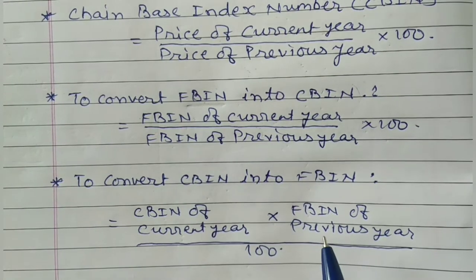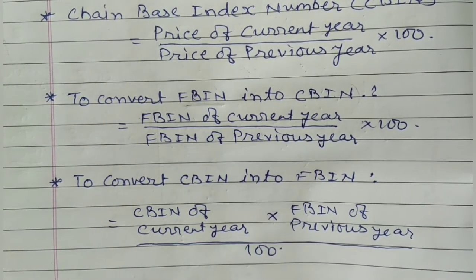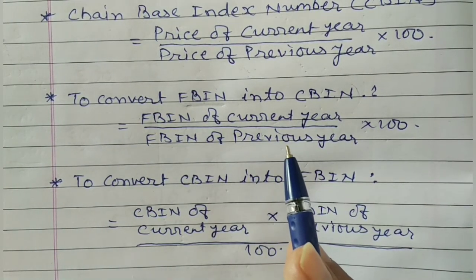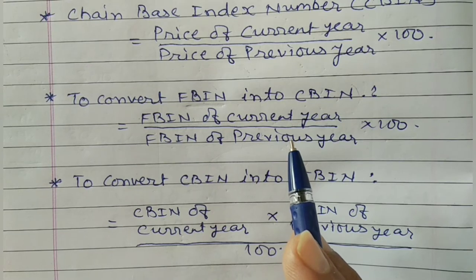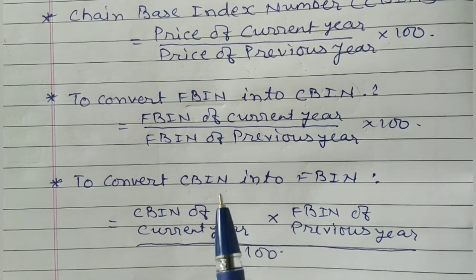If nothing has been mentioned, then current year will be treated as your base year. If they have given the previous year, or any year before that, as the base year, then the base year's index number will always be treated as 100.